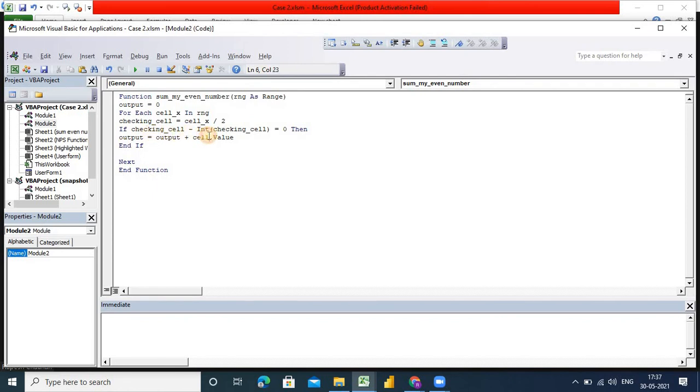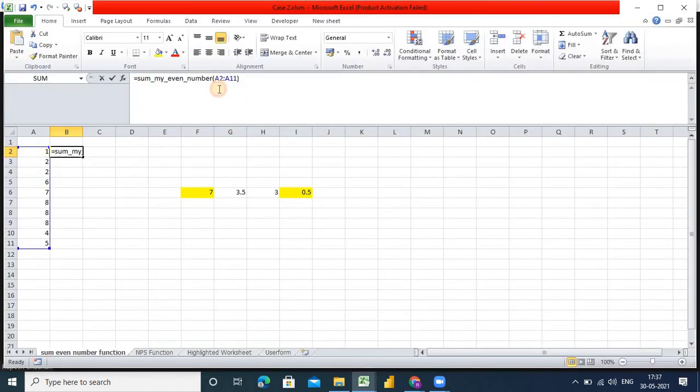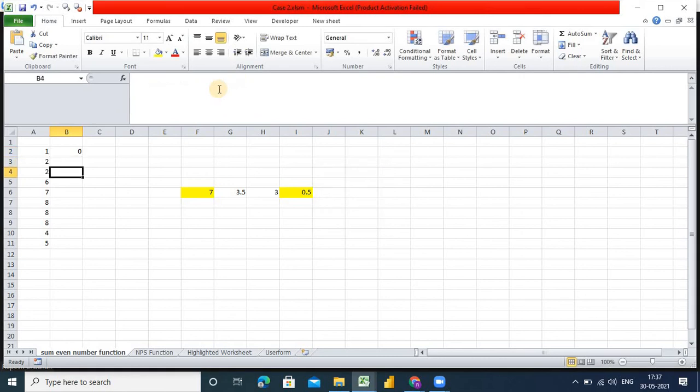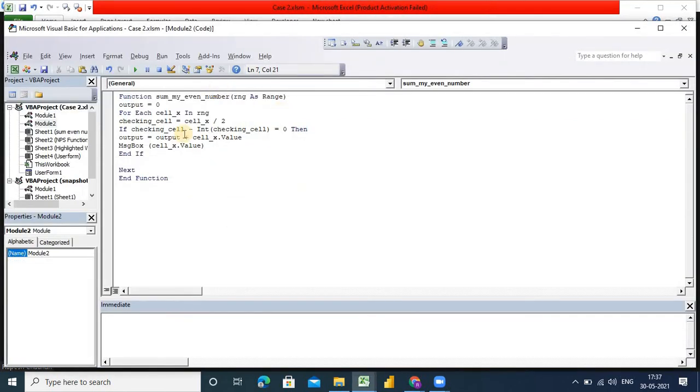We should give here cell x value. So now MsgBox cell x dot value. Now it should give you the proper answer: 2 2 2 6 6 8 4.